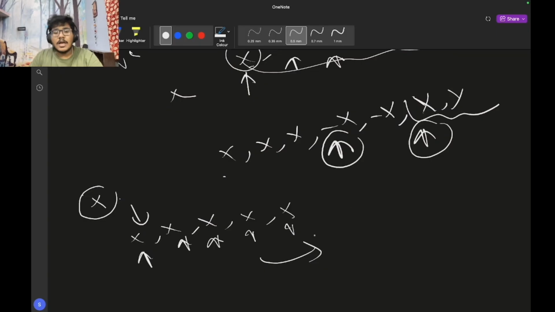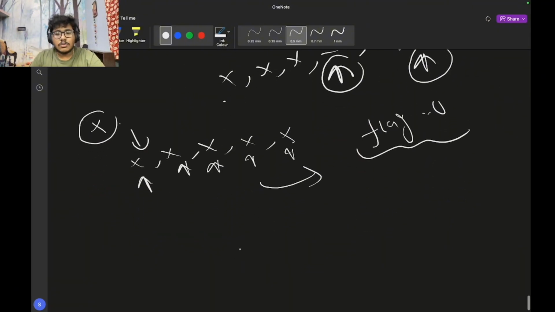The loop ends, and after the loop ends, my flag value remains 0. So yeah, it's not 2. That means all the elements are equal. So there is no requirement for conversion. It's already equal. Now coming to the second case,